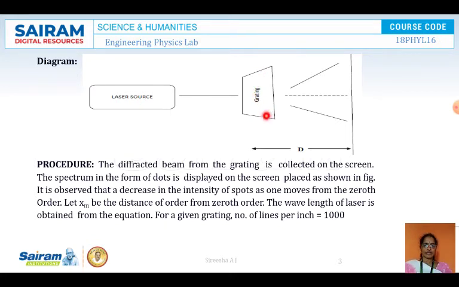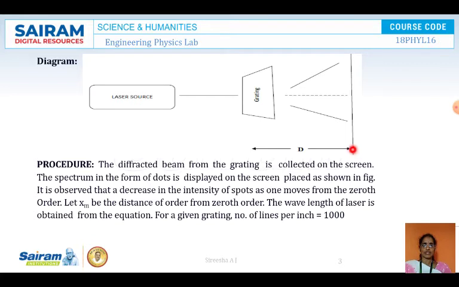Here the diffraction takes place, and you can see on the screen the bright spots, which is nothing but the diffraction pattern. Here we are using graph sheets to plot the spots. The diffraction pattern consists of a central bright spot, with spots towards up and towards down. You can see first order, second order, third order, and as you know, the diffraction pattern has decreasing intensity and amplitude. As you move away from the center spot, the intensity of the pattern decreases. That is the phenomenon of diffraction.